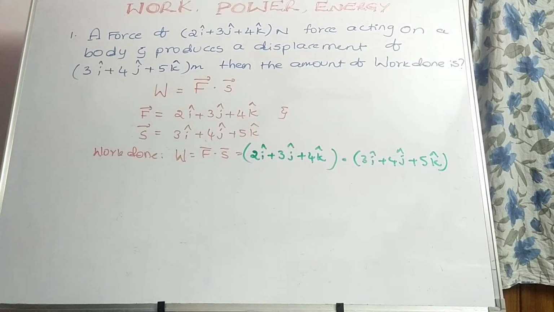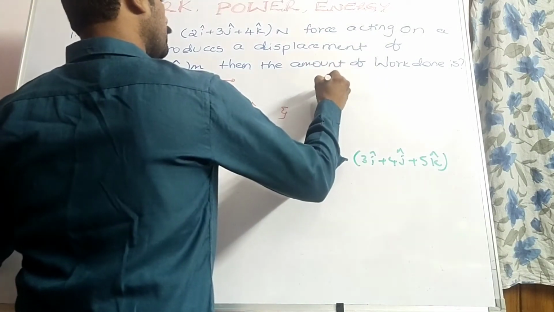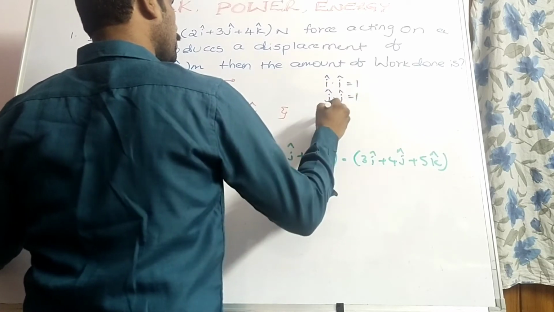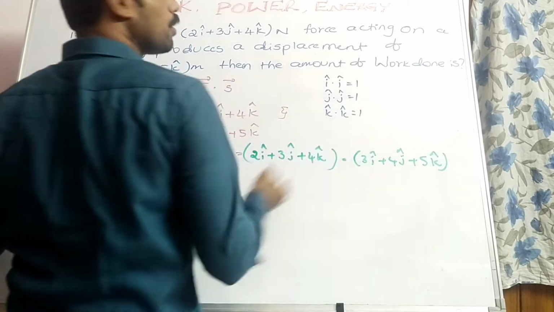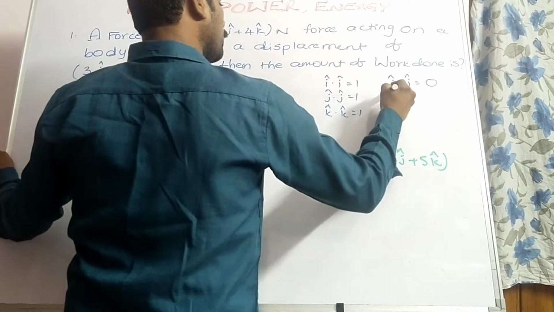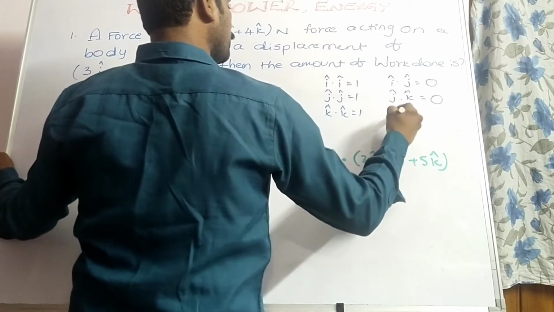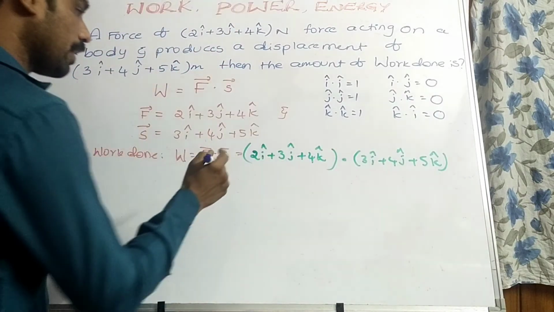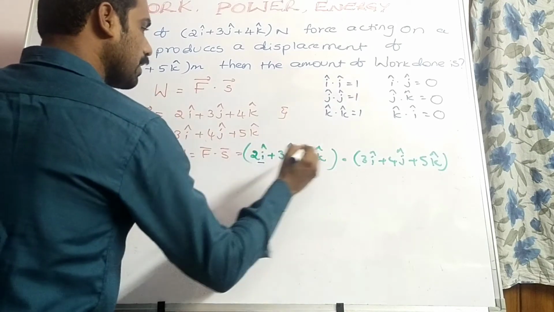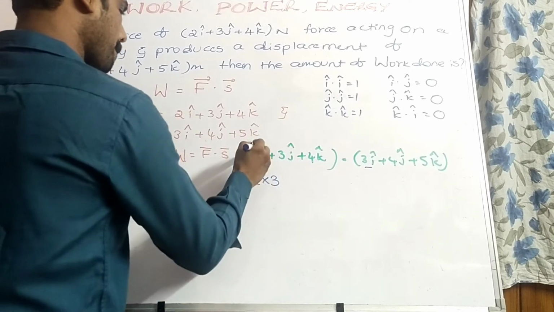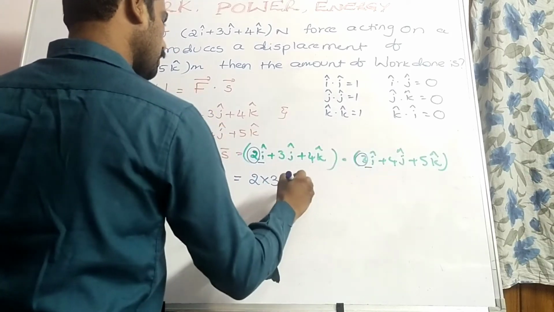We know I dot I is equal to 1, J dot J is equal to 1, K dot K is equal to 1. But I dot J is equal to 0, J dot K is equal to 0, K dot I is equal to 0. That's why only the product of I factor and I factor survives. So I can write 2 into 3 for this one and this one, plus